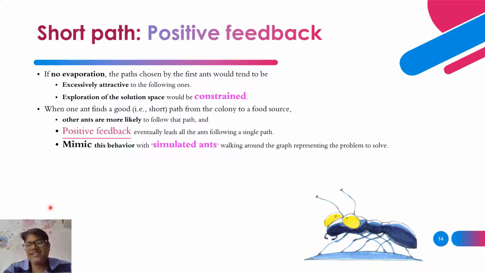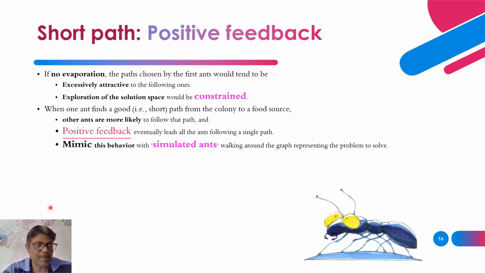So in short, in case there are no evaporation conditions, what happens? If there is no evaporation, what happens to the path choice, and what will be the equivalent terminology in optimization theory? That's what we're going to see here. If there is no evaporation, then the path chosen by the first ant would tend to be extremely attractive for the remaining following ants. An exploration of solution space would be called